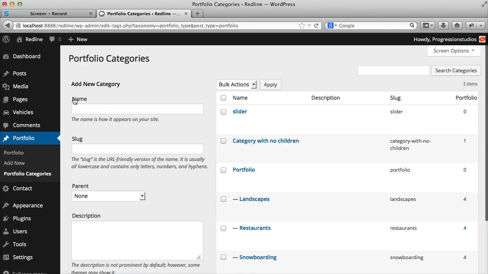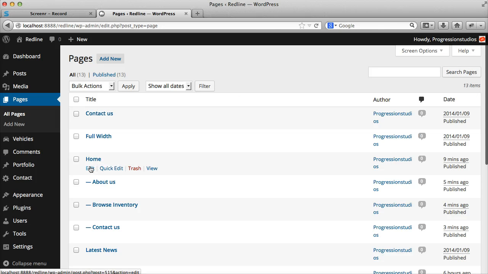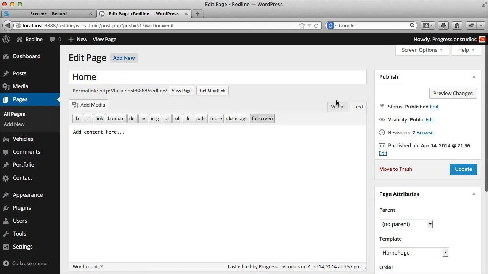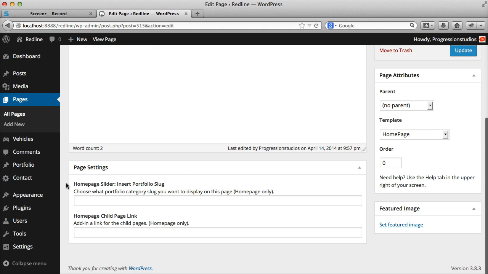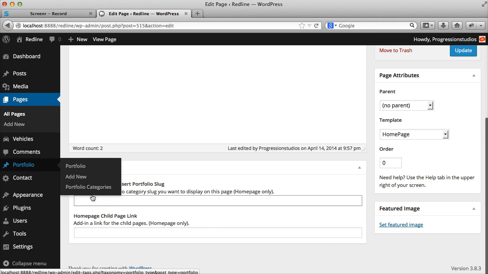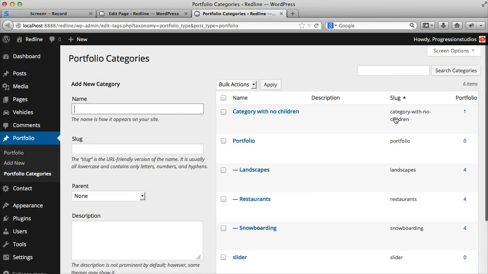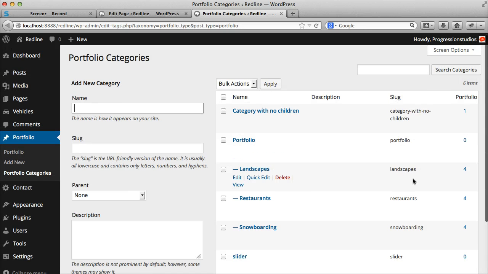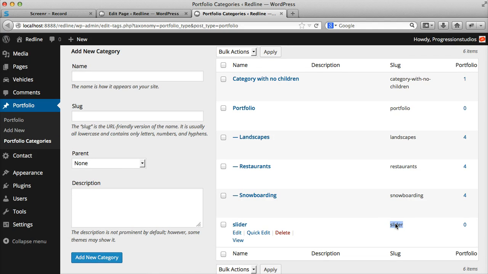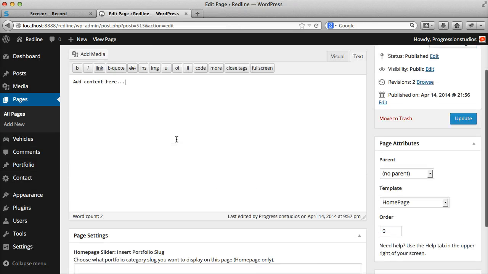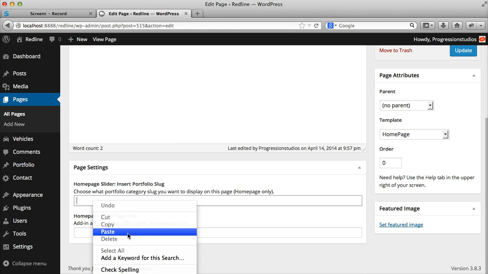Then the next step we want to do is go under Pages and then edit our home page. And what we're going to do is tell our home page to pull from a portfolio category. So it says slug, so I'm going to open that in a new tab. So what slug is this category here, or this column. So under slider, it's pretty easy, it's just slider. The only time you'll want to make note of it is if you have spaces in the name, then there'll be dashes. We're going to copy the slug for our slider category, and then paste that under home page slider,